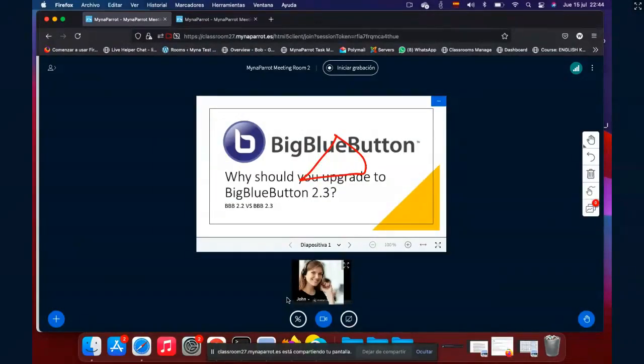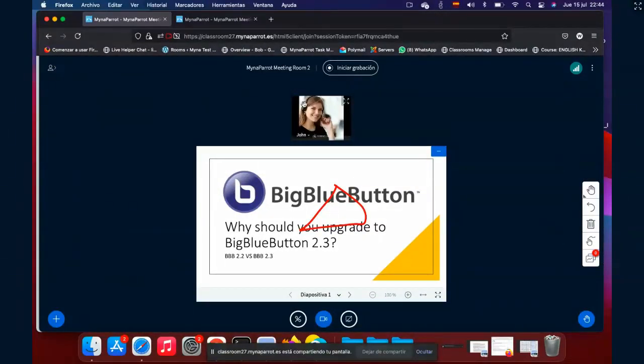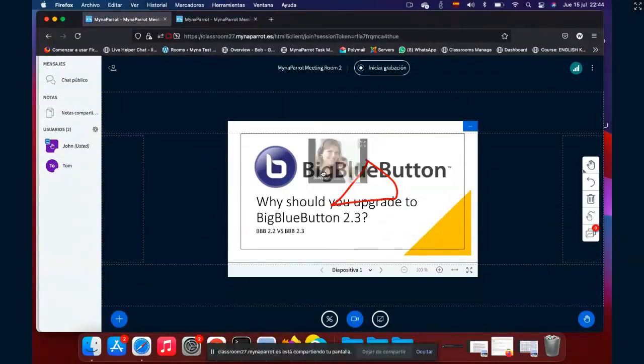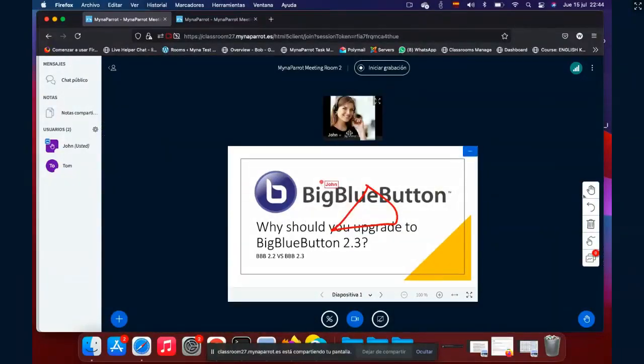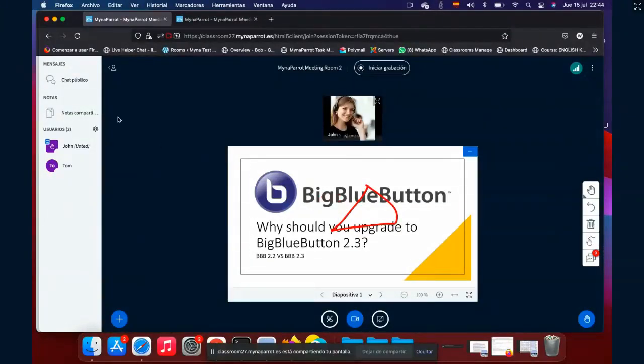Oh, I can put it on the bottom, but not on the top. Try again. Okay, I can do it. I have to minimize the camera first, and in this way it works. And I don't know if I can put it in the middle. No, I cannot put it in the middle. I think before 2.2, I could do it. You can put it in the middle of the whiteboard.